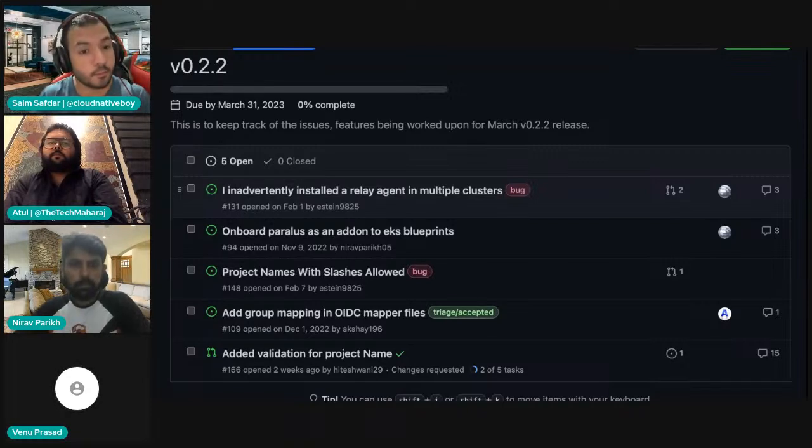Essentially, the agent should connect back to the controller, which is how the cluster will be visible in the Paralus controller. A rookie mistake is that people download one YAML file and try to apply it on multiple clusters. This generally causes